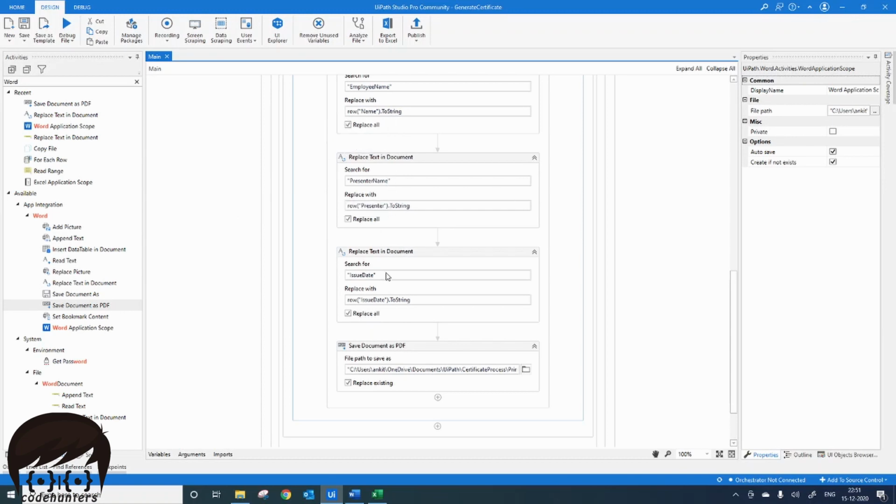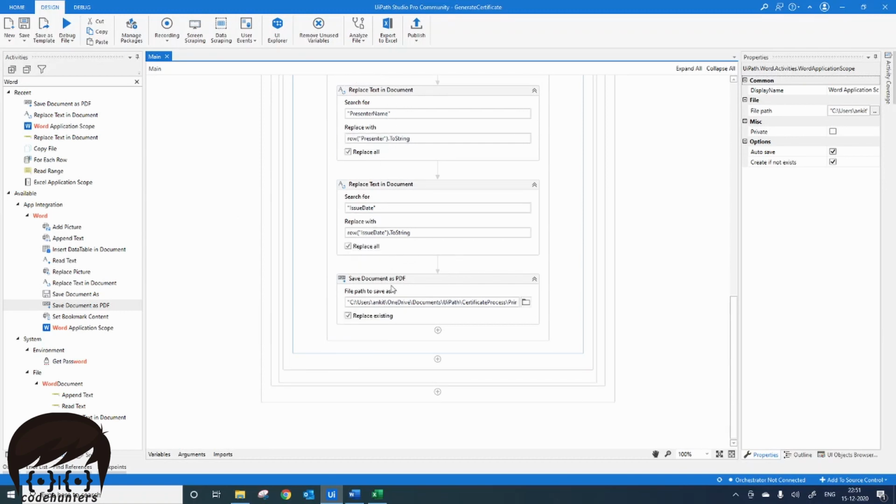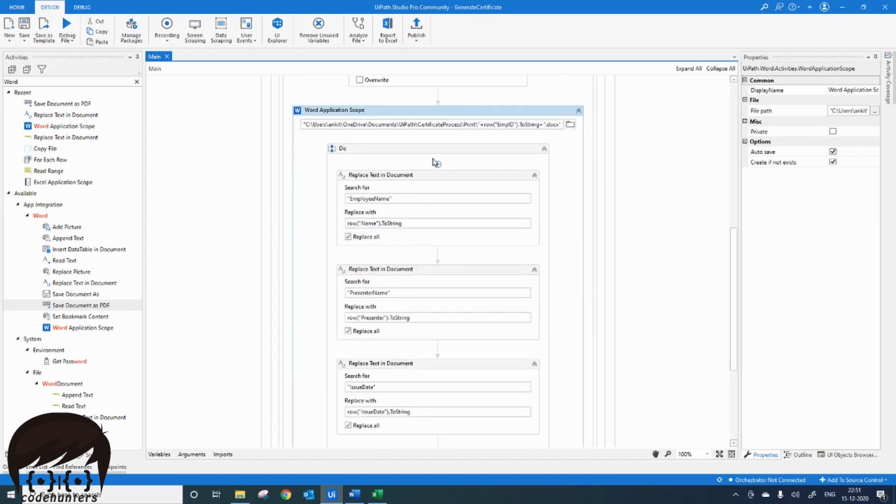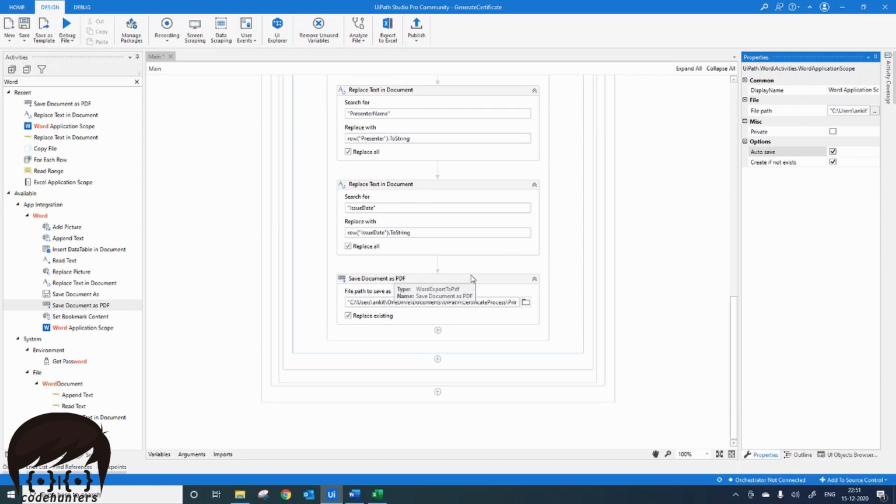And once everything is replaced, the file is automatically saved, because if you see the properties of Word Application Scope, you can see the auto save is checked. If you don't want to save it automatically, you can just remove this checkbox and it will not save automatically. Okay, so once the Word file is saved, I want to save this Word file as PDF also.